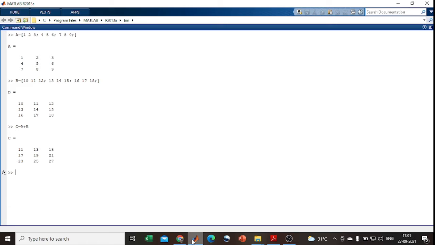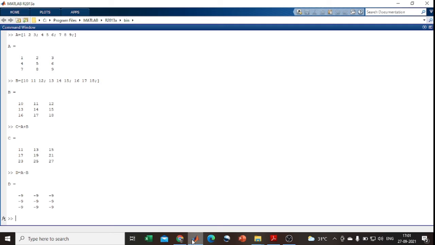Likewise I get the addition values, and then I can subtract also. D is equal to A minus B. Here I get the subtraction values. 1 minus 10 gives minus 9, 2 minus 11 gives minus 9. Likewise I can use the subtraction equation in the MATLAB command window.